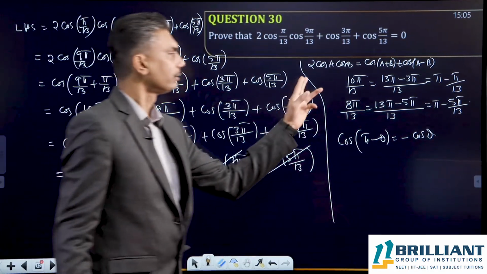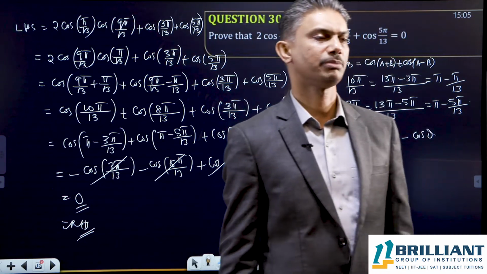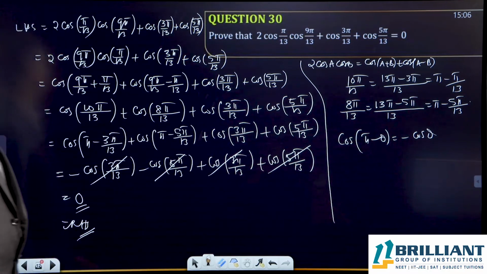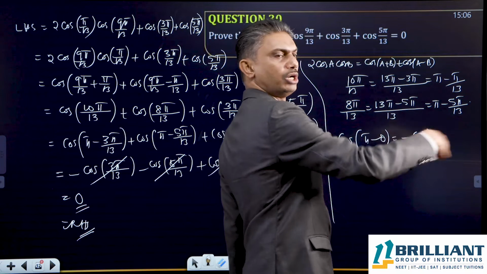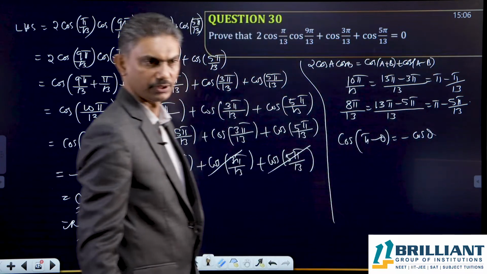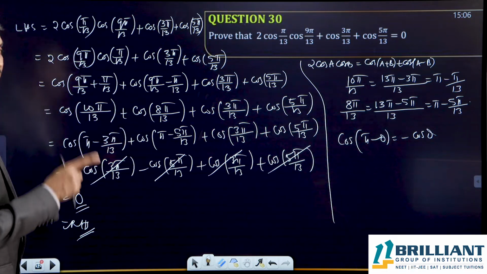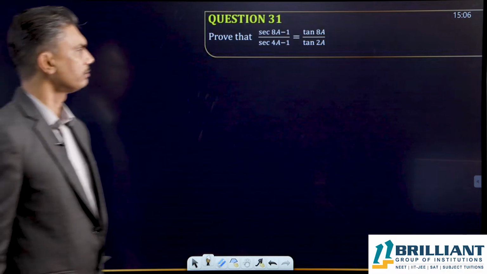Now, what is the formula I use? 2 cos A cos B is equal to cos of A plus B plus cos of A minus B. Let us move to the next question. So, the results which I use are written here. Those who want to learn all this thoroughly, first thing is learn the identities and formulas. The next question, again: